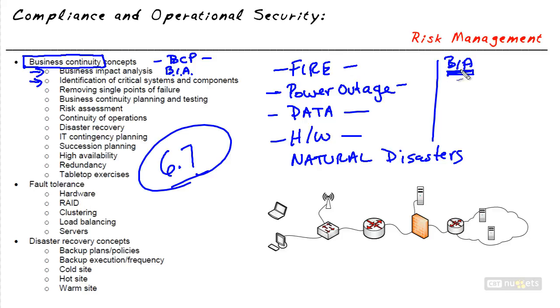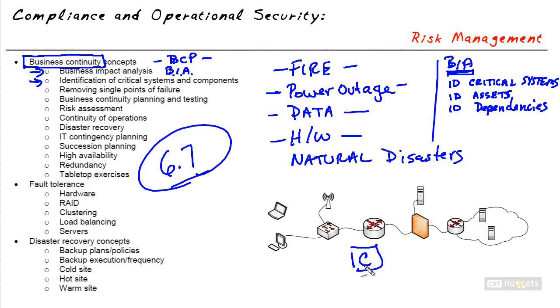So for example, in a business impact analysis, we would have identified our critical systems. We would have identified the assets that could be harmed or damaged based on one of these incidents occurring. We'd want to identify dependencies. For example, let's say we have a critical business system that's C. But in order for C to work, we have A and B that also have to be in place, and